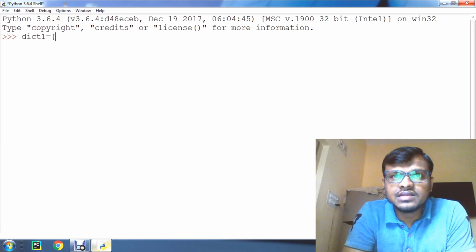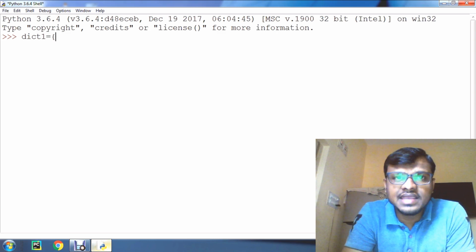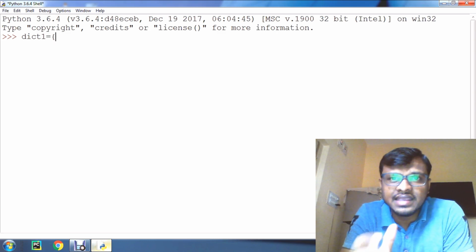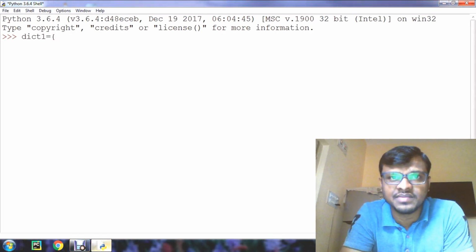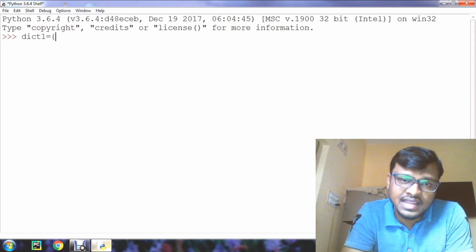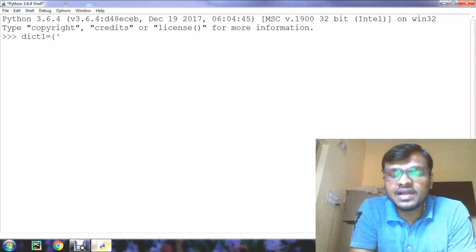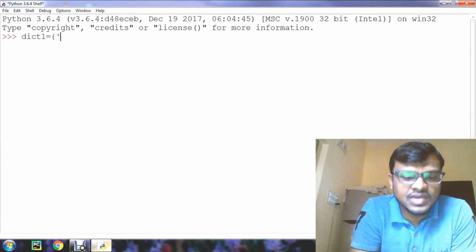Each item is a key value pair separated by a colon, and the keys in the dictionary must be unique and of an immutable data type, that is number, string or tuple. For example, let us give some values like name and marks of the student.